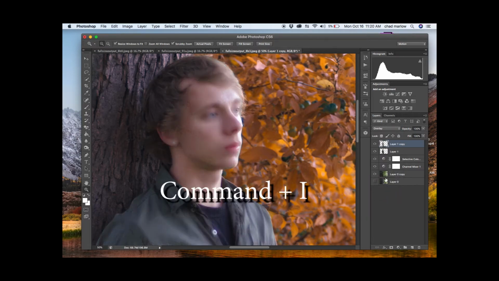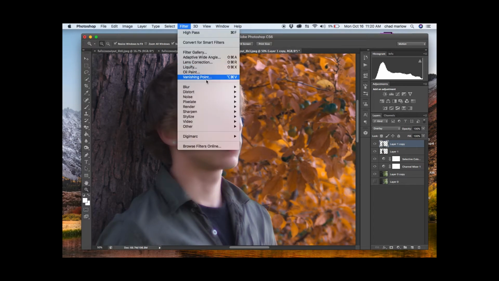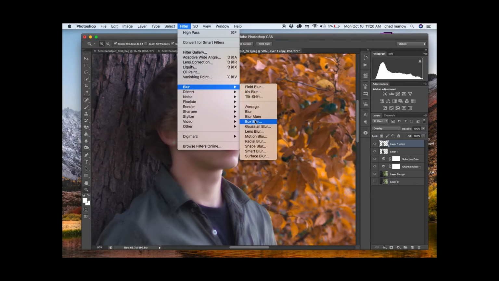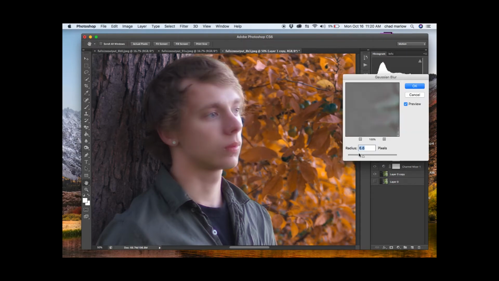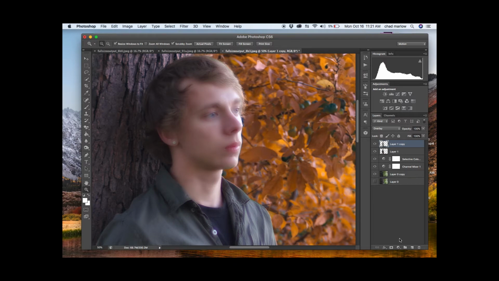Command I to invert it. It's going to be nice and blurry. Then go to Filter, Blur, Gaussian Blur, and where you can start seeing the face's details a little bit. So we'll do about 3.2. We'll do 2.1. How about that? Click OK. Now that you got it all nice and blurry, we're going to go down here to the mask